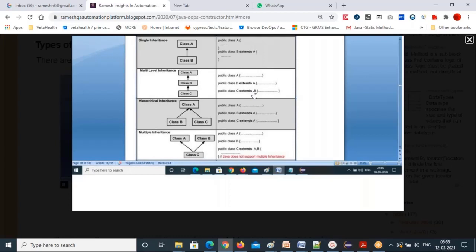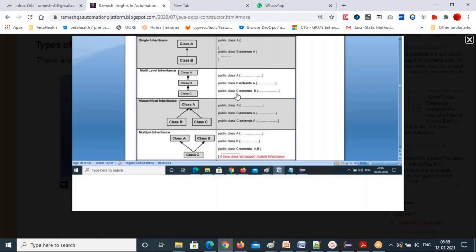The child can access the father's properties and the grandfather's properties also. C is the son of B, so B is the parent of C and the child of A. How is it possible? B already extended A, and now you are extending B to C. That's why C can access multiple levels. That is called multi-level inheritance.